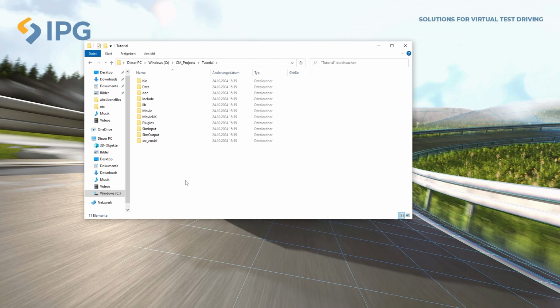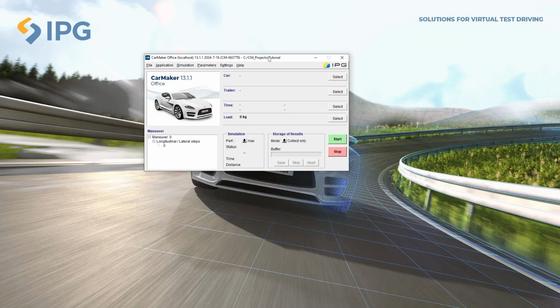A project is designed to be used with one CarMaker version, but an automatic update mechanism is available to move to newer versions. Now, as you can see, all fields are still empty. How to select each model individually and parameterize your own test run entirely will be demonstrated in the following videos. So for now, we're just going to learn how to access our product examples.